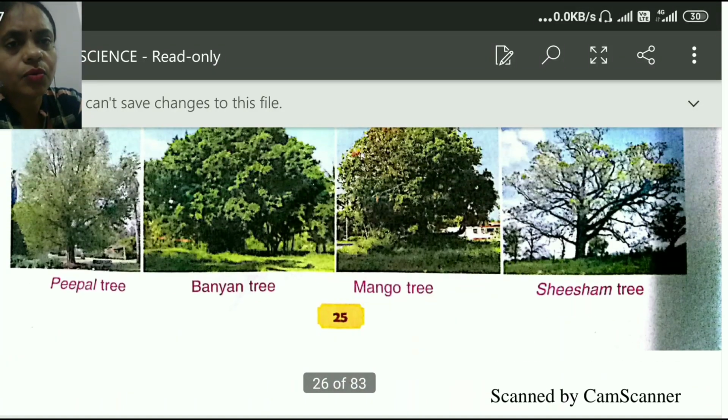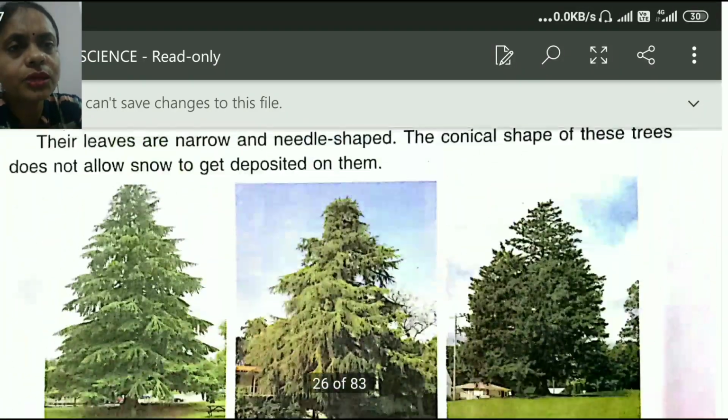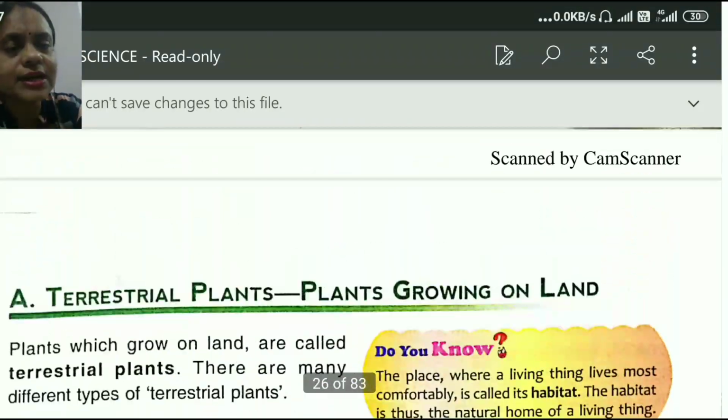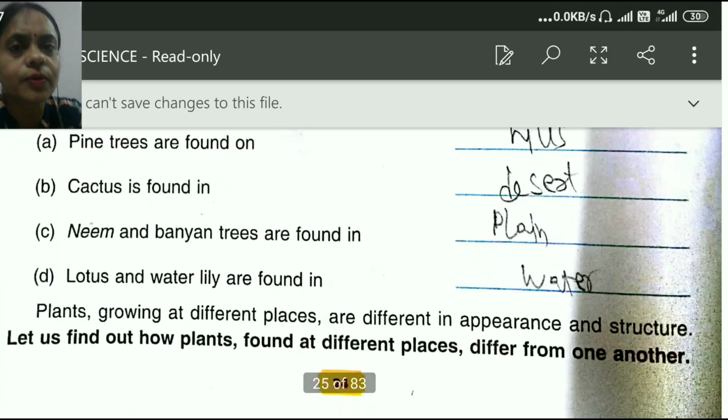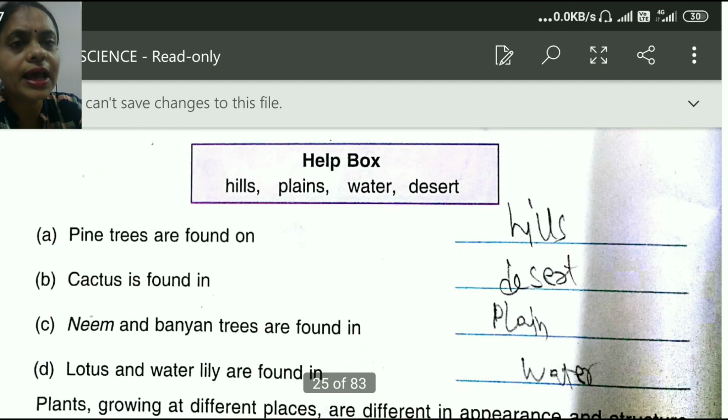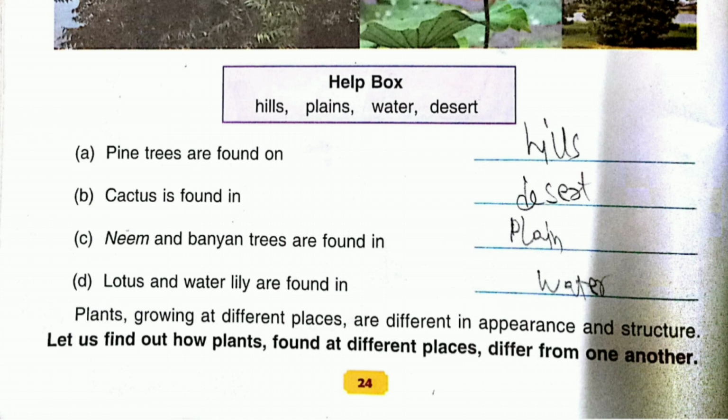Now let's move back to the activity that has been given in your book. One help box is provided here. Go through the help box, children, and complete the given activity. You have to fill in the blanks. Pine trees are found on dash. Yes, it is hills.